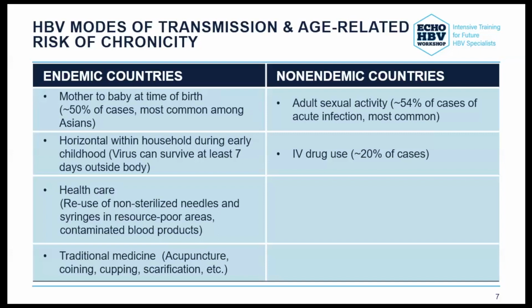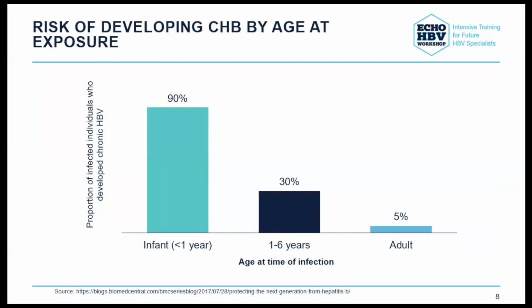In contrast, in the United States or developed countries, because we have implemented the hepatitis B vaccine for babies, the most common transmission mode, in the United States and some of the countries in Europe, is mainly horizontal transmission. That means from adult to adult through sexual activity or drug use. And why is that important? Different transmission modes may dictate the incidence or prevalence of the disease. Incidence, we're talking about yearly new cases. Prevalence is the whole population.